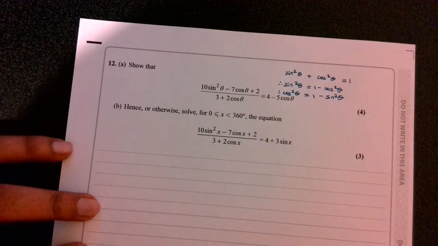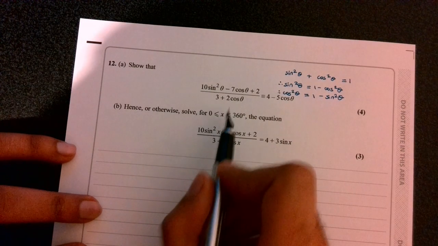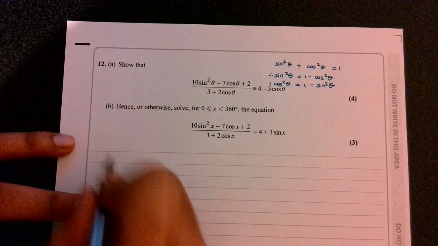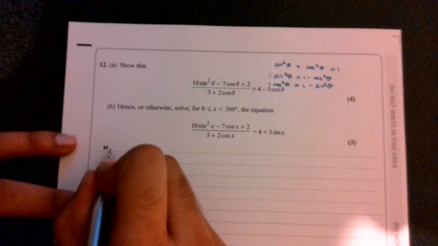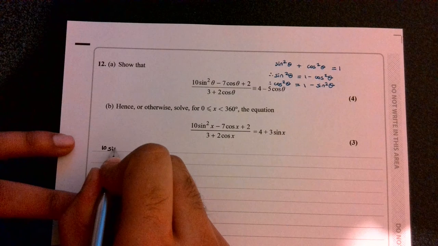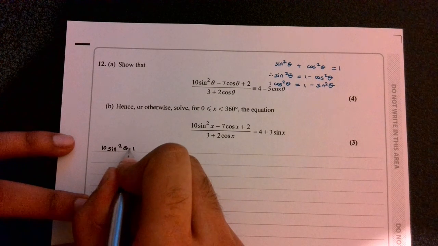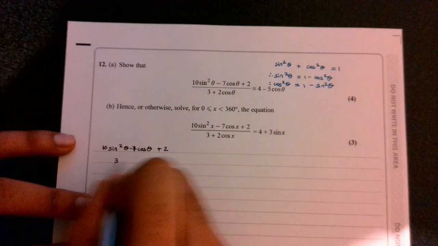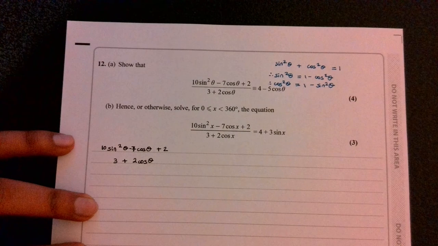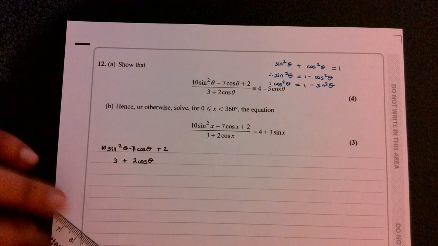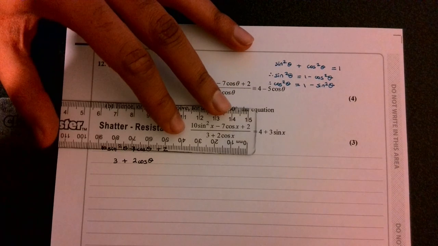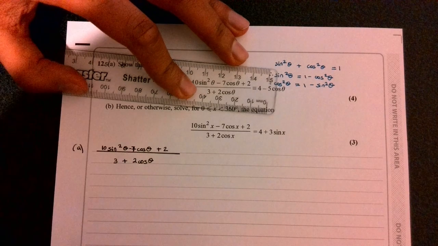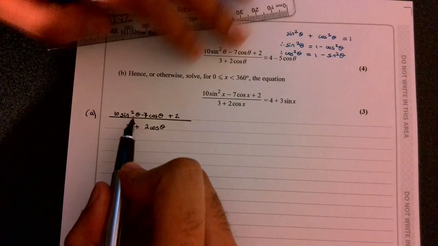And doing so, instead of writing sine, I'm just going to write s, and in terms of cos, I'm just going to write c. So what do we have over here then? We have over here 10 sine squared theta minus 7 cos theta plus 2 over 3 plus 2 cos theta. Now, the trick with these sorts of questions is we start on one side and try to get to the other side. Okay, so here I'm just going to start on the left hand side and try to get to the right hand side. So if I replace sine squared with 1 minus cos squared,